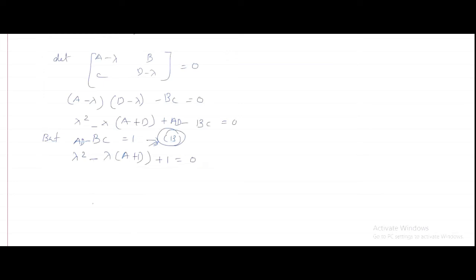And on simplification, we can say that this equation has two solutions, lambda 1 and lambda 2, where lambda 1